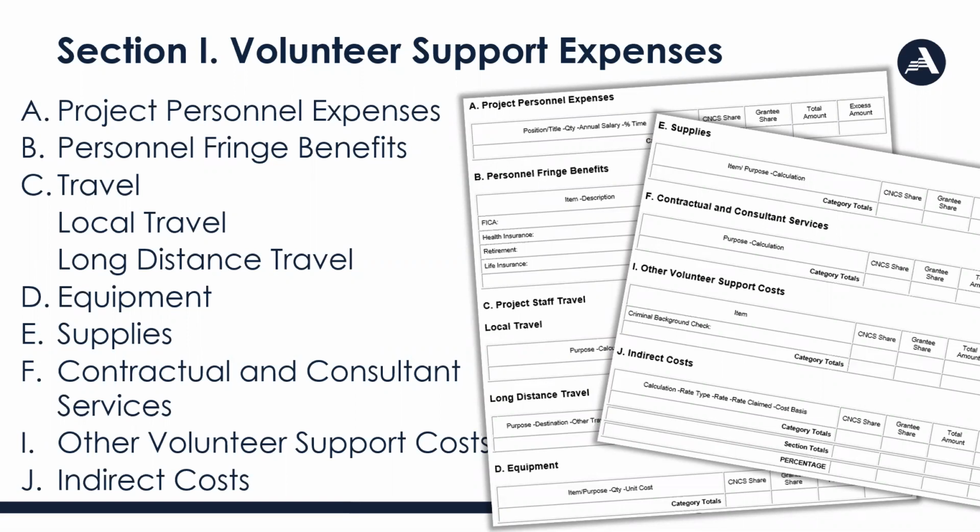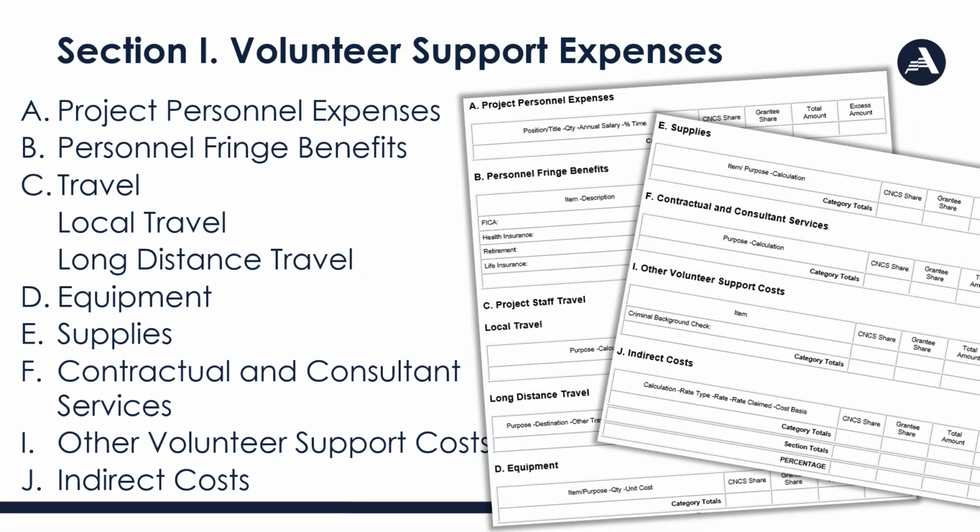In addition to the direct costs, section 1 includes a section for indirect costs in 1J. And indirect costs that I referenced earlier are those general or centralized costs that support the project. They don't include project-specific costs, and they may be included in an organization's indirect cost rate agreement if one exists, or calculated using a de minimis rate. So before we move to section 2, I want to take just a few moments to look at how you would calculate the indirect costs. And then I'll pause to see if there's any questions about section 1, and then we'll look at section 2